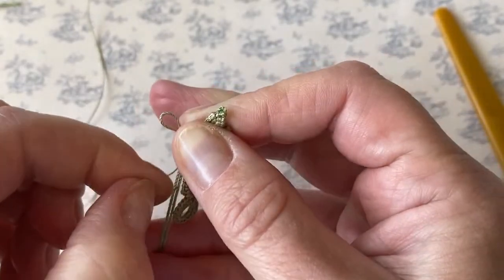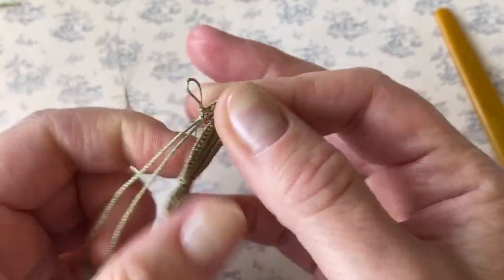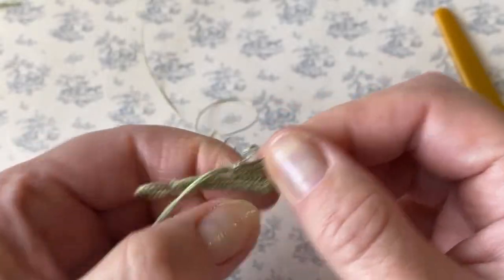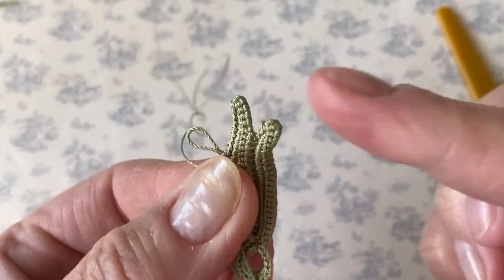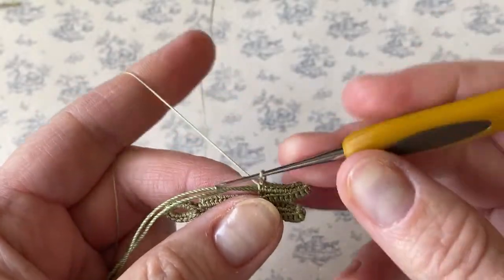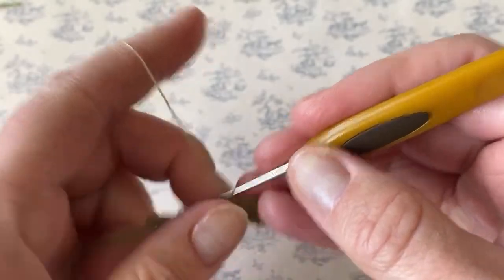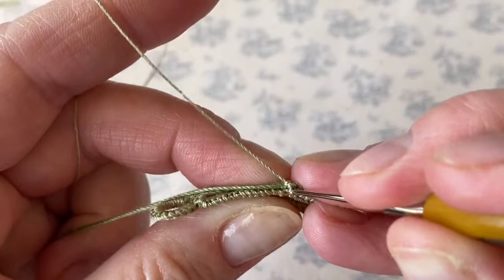And sometimes you have to go and pull on each strand separately to remove the padding cord here. You see it's supposed to be like that, a little bit of first section, second section. They are not connected. So we have 10 stitches, 5 more stitches. 11,